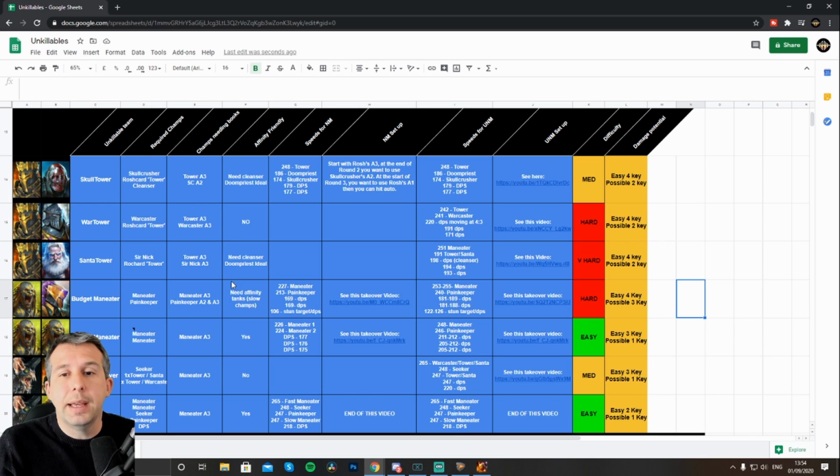The cool thing here is you just need one epic, one rare, booked out, and then you'll be able to do this. You definitely need Maneater's A3 booked, otherwise it won't work. And all you need in terms of different affinities is different affinity tanks to take the stun. So whoever your slowest champ is on this setup will be your stun target. You need them to be the stun target because they're the only person who's going to be unkillable when the